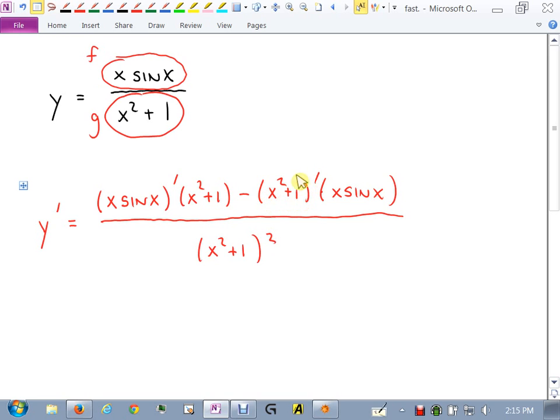This derivative right here does not present an issue, does it? x squared plus 1? That's just 2x. The derivative here, what about it? It is a product, which means you will have to apply the product rule on that before you replace it. So you need to go to the side now and do some scratch work. On the side here, scratch work, I have x sine x. I want its derivative, which should be,